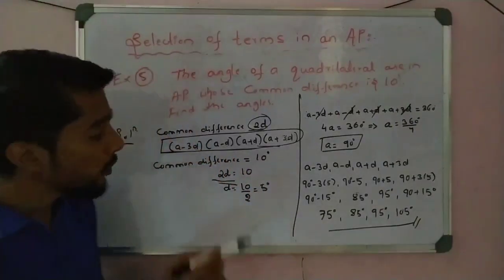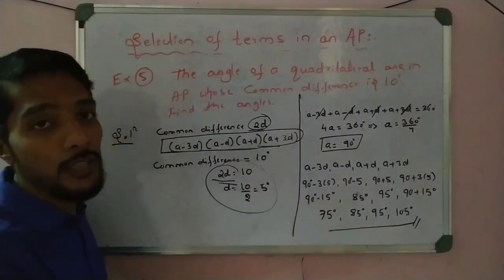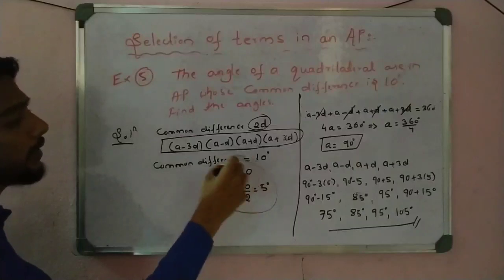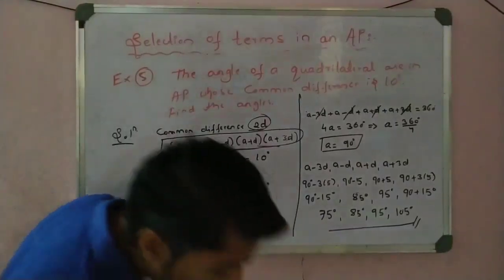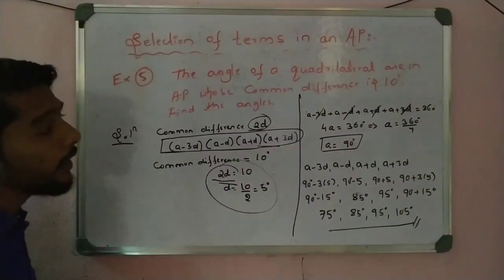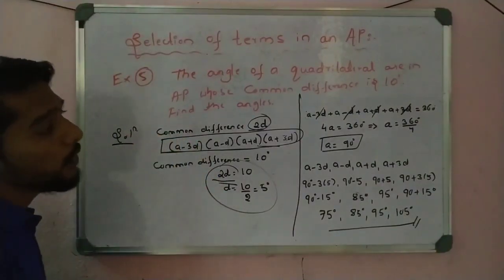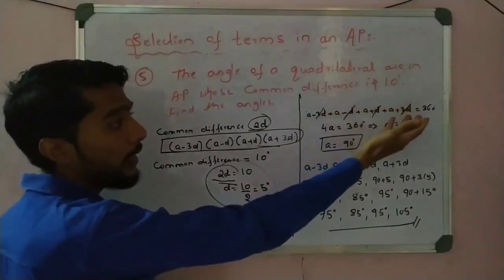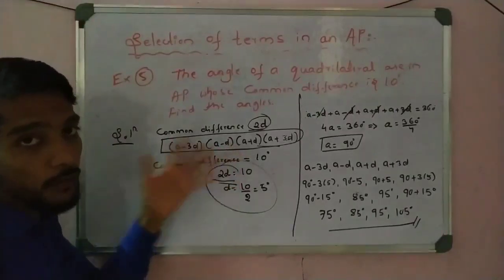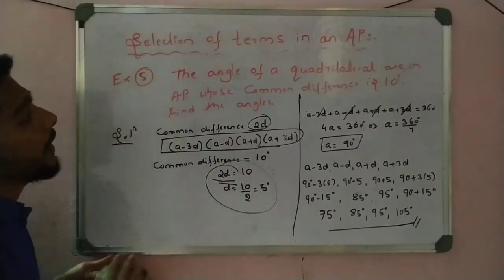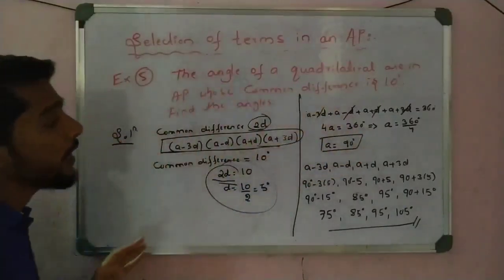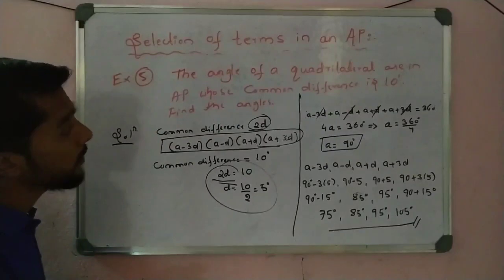So that trick you have to remember, most students make a mistake here and lose marks. Because of that you have to remember this point. That is very important. Students, this is again a very important point on this concept. We use 4 terms here, right? See how the d's get cancelled: d cancels, 3d cancels, and we get the value of a here. So that is the importance of the selection of the terms. If you make a mistake in the selection of the terms, then you do not get this value. So practice these selections of terms very carefully.